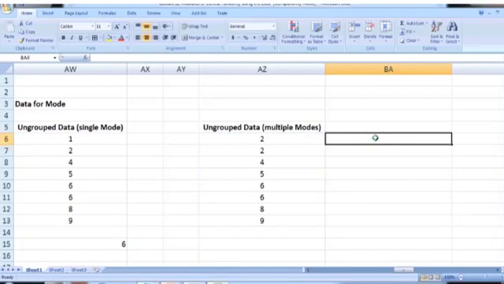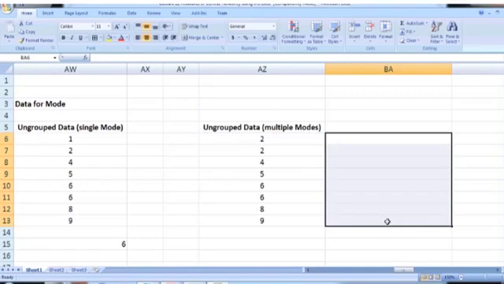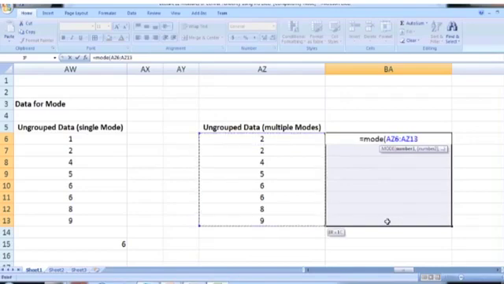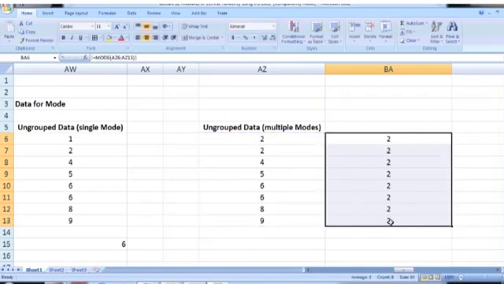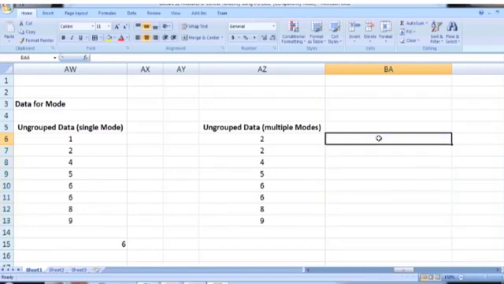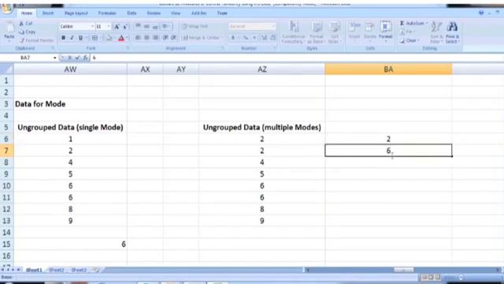Or we can also use this same command throughout. Select all the cells, type MODE, the full data, Ctrl Shift Enter. You can see that currently you are seeing the same number. But if we are using the 2010 version or higher, then the answer should look like this: 2 and 6.